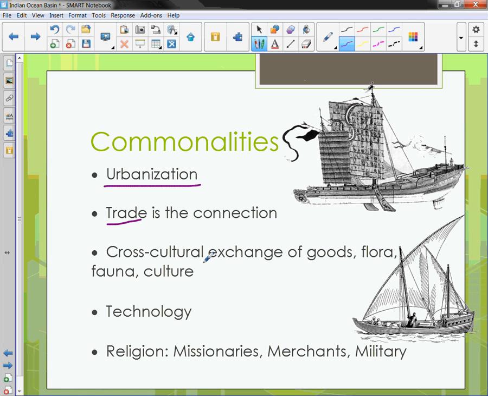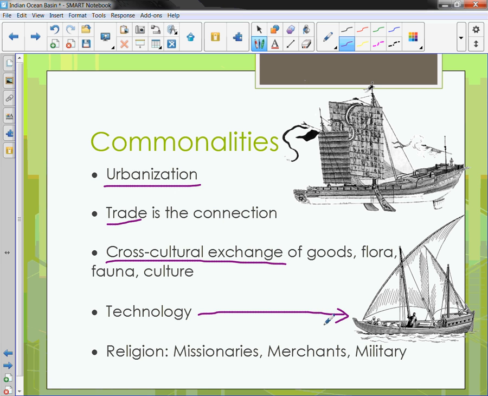And there was a lot of exchanges, this is also a common theme, of goods and flora and fauna and culture, like fast-growing rice and religions. Technology was something that these groups shared. So, for example, many in